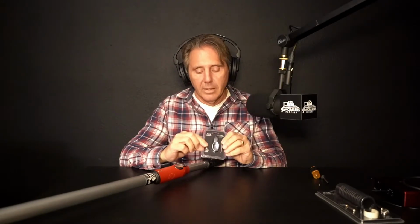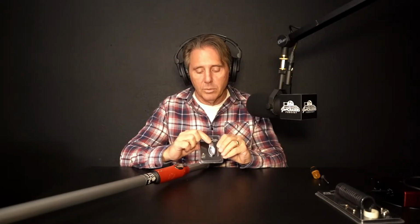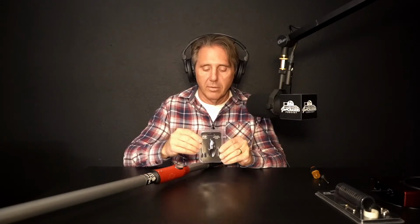And so it's a very easy fix. You can just pick up a replacement kit. The replacement kit has the actual lever in it, and then it has the holding pin, and it also has a spring. So those are the only three parts involved in changing this out, and it's actually a very quick, easy fix. The best way to do it is to position the pole probably on its side,